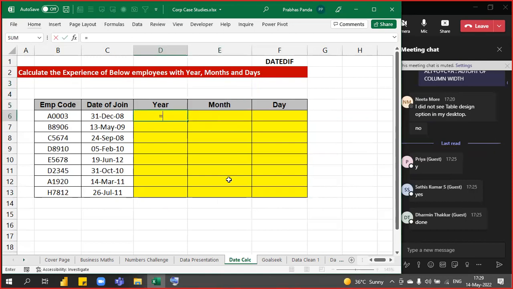So go to the year column, keep the cursor below and type the formula DATEDIF. Make sure you are typing the spelling properly, DATEDIF. When you open the parenthesis, what is the first input? Whenever you start with any date formula, the first input is the start date. If you recall any date formula, it always starts with a start date. So in our case, the start date is nothing but the date of joining,